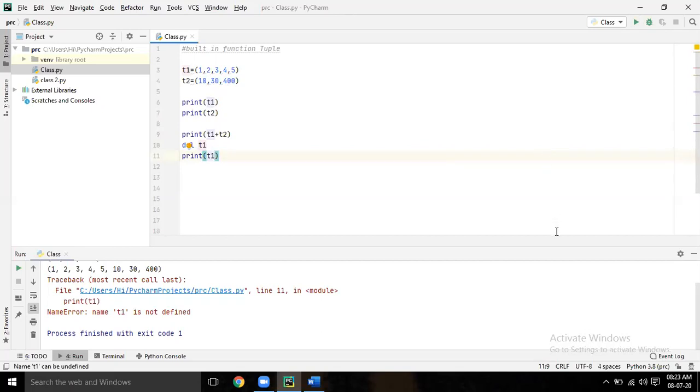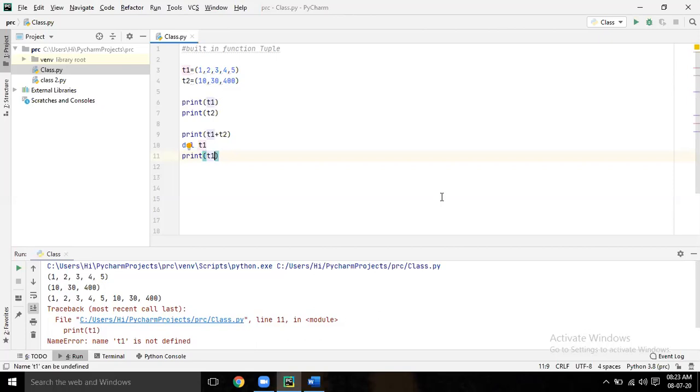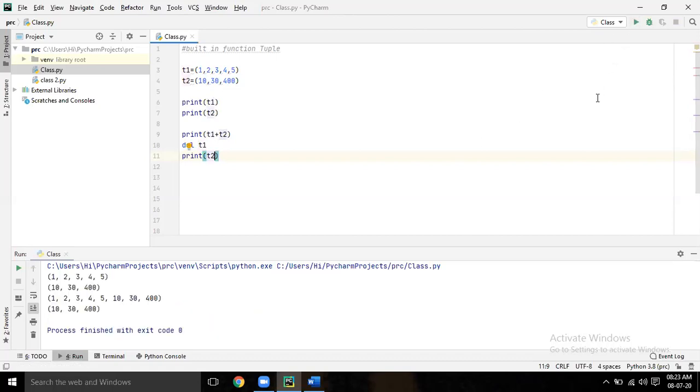Okay, so it is not there now. Yes, sir. Now length of tuple, len. Sir? len, length of tuple.